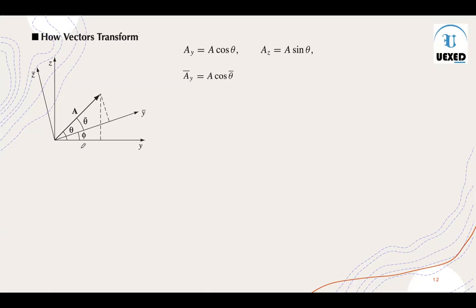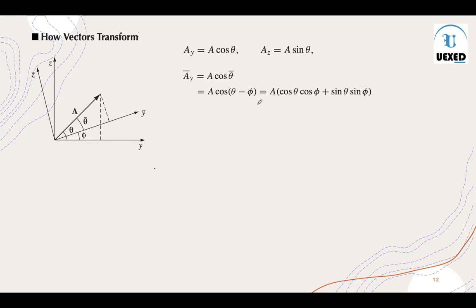Okay, so, for example, if you don't have this coordinate and you have only this coordinate system, then theta bar can be represented similarly to what we did in the zy system. We can write this ay bar in the z bar y bar system. So we can say that this is a cos theta bar. Now, as you said, this theta bar is nothing but theta minus phi, then you can write that this is a cos theta minus phi.